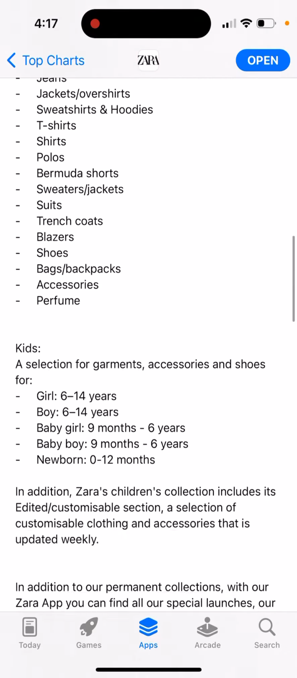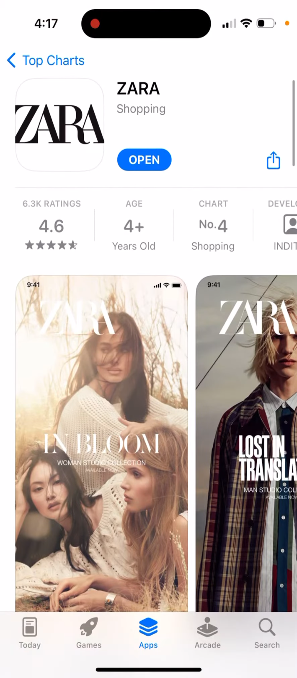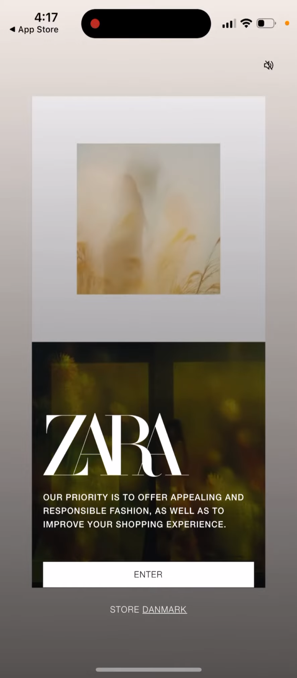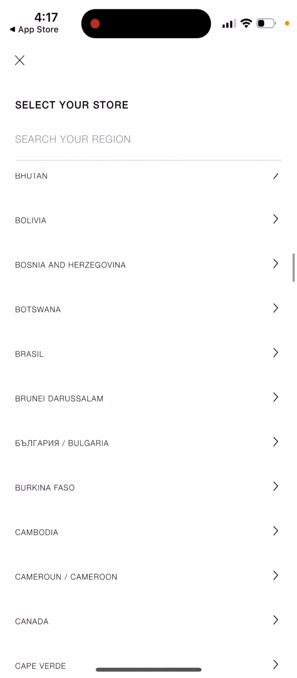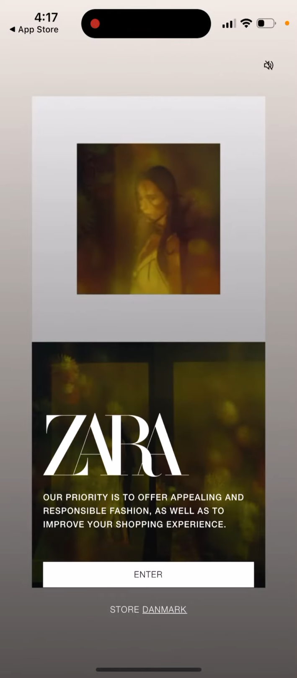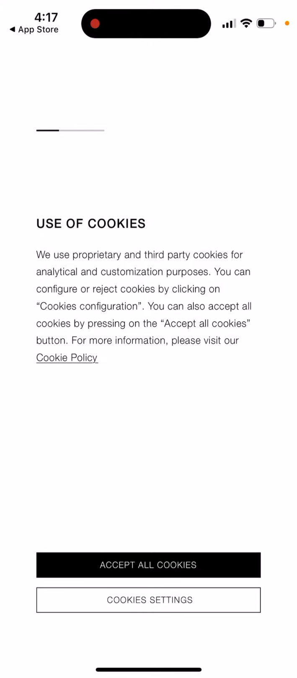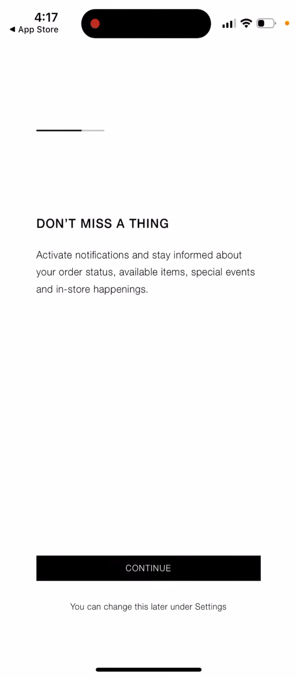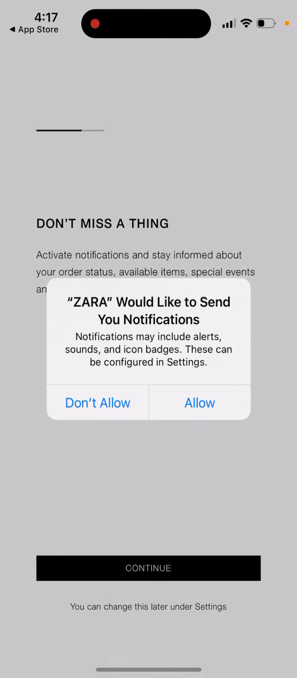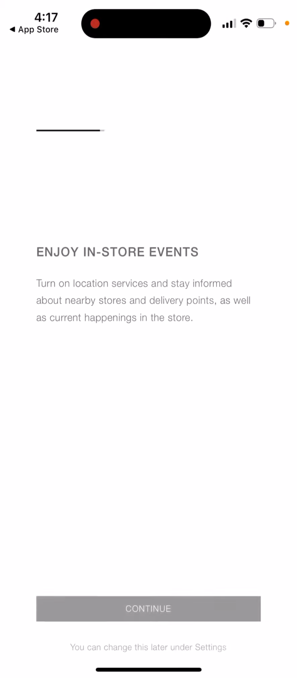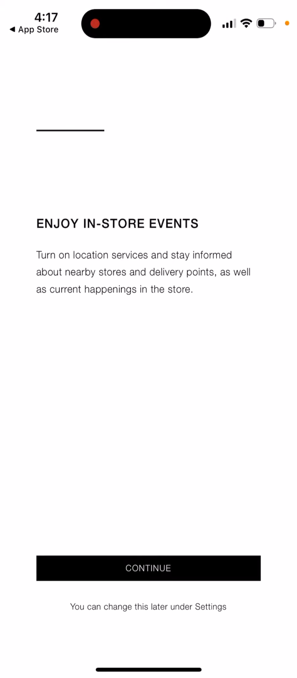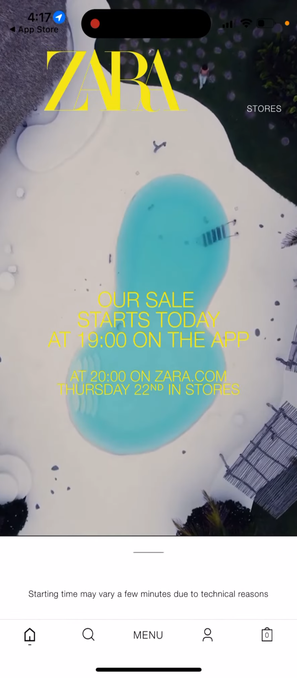You can see here, this is just like an app you can open up and then you can just order online. You can select your store, so you just need to select your region and obviously your pricing and all of that, accept cookies. You can allow notifications or not allow them, whatever, and then